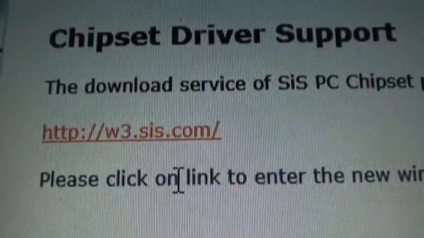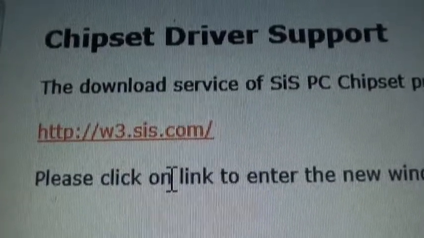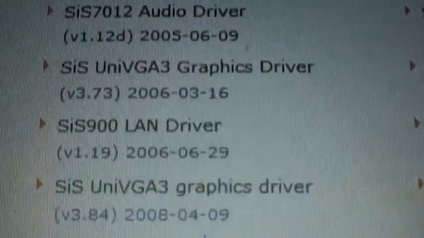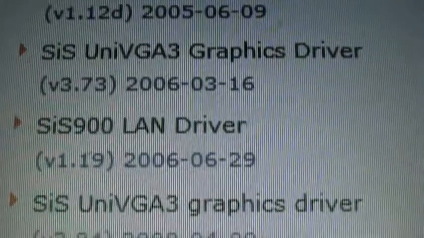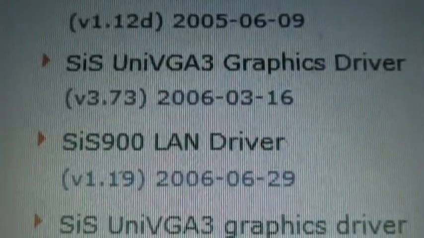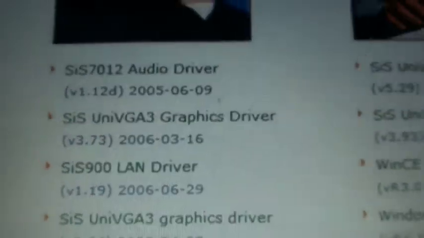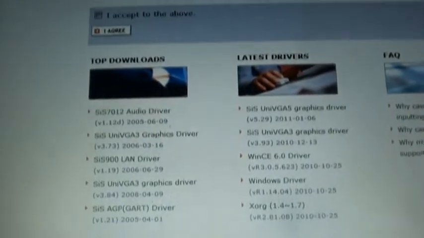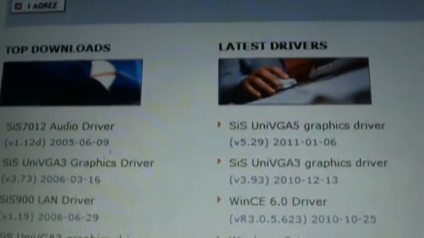Just find the drivers for your computer. So I got right there. My driver was the SiS 900 drivers, and I downloaded it using a USB cable to my USB, and then just plugged it into another computer and downloaded it.